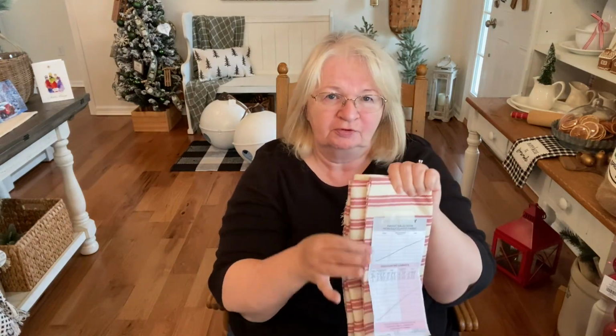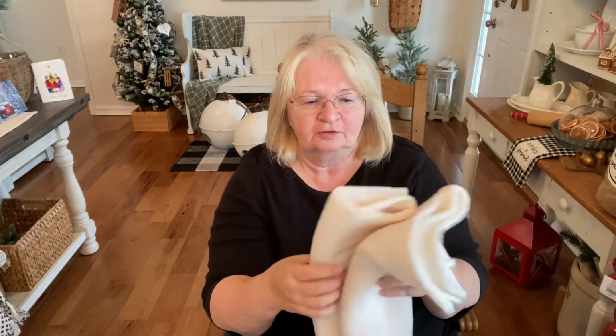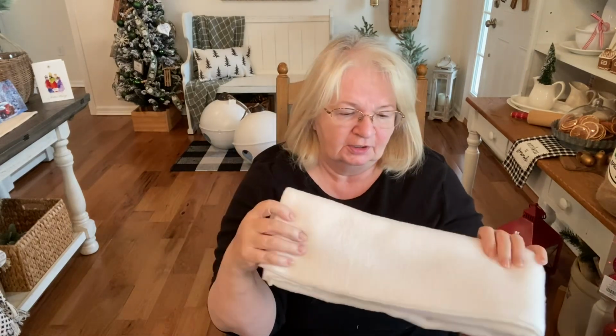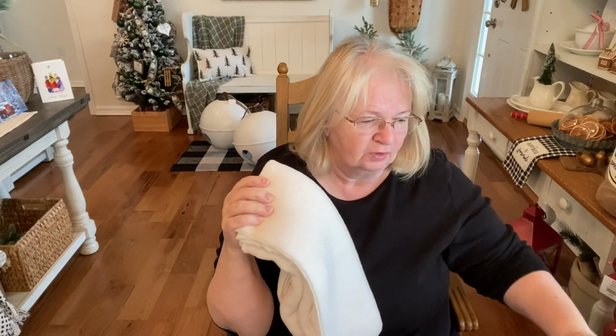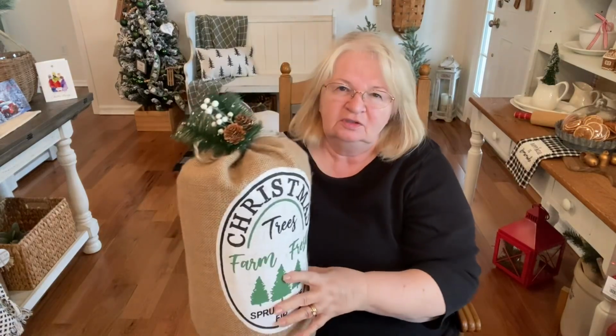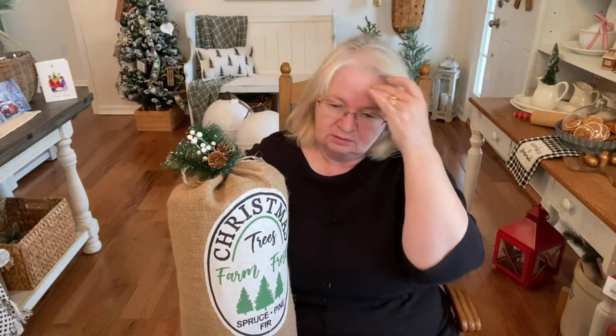I paid $3.59 for this 1 yard, and I got a ½ yard of some soft white fleece for a project, and that was a ½ yard for $2.39. Also seen these. They had them in, I think there was a Santa, there might have been reindeer,